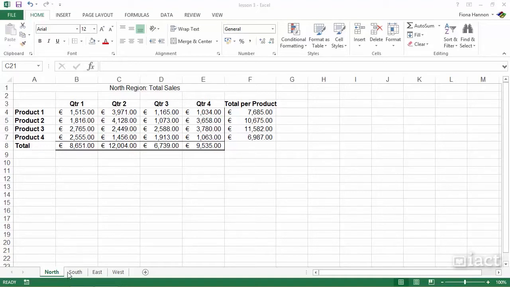First, I'm going to take a copy of one of the sheets that already exists. So to do this, I'm going to hold down my Control key and I'm going to drag from the sheet name to the right. Once I have a new sheet, I'm now going to move it to the beginning and I'm going to rename